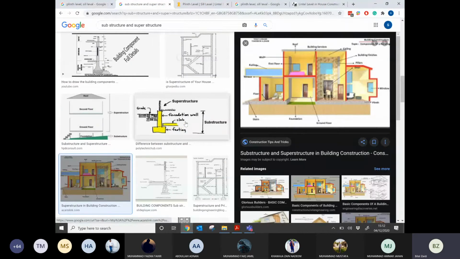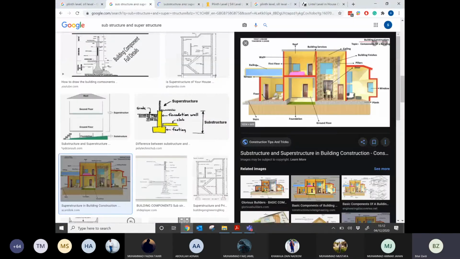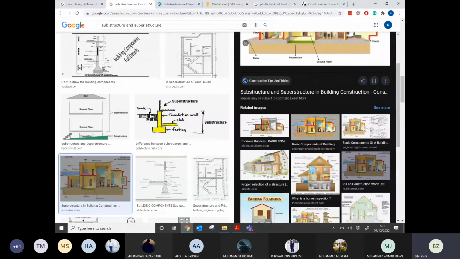For example, just imagine that we have a house as shown in the figure here, and the level of ground is, for example, here, where the plinth is written, right? So anything below that, below this surface will be the foundation, will be the basement. So this will be classified as substructure. Anything above that will be classified as superstructure.